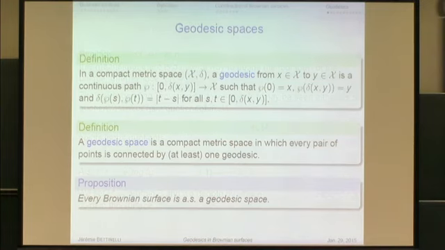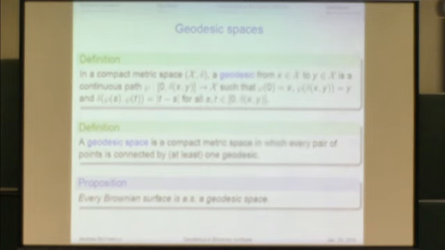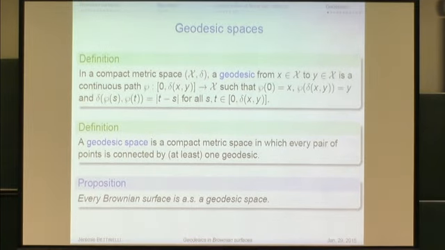So for the definition, a geodesic in a compact metric space is a path such that the distance between the point at time S and the point at time T is just T minus S, for every S and T. And we say that a compact metric space is a geodesic space if every pair of points can be linked by at least one geodesic. And so the first proposition is that if you take a Brownian surface, it is a